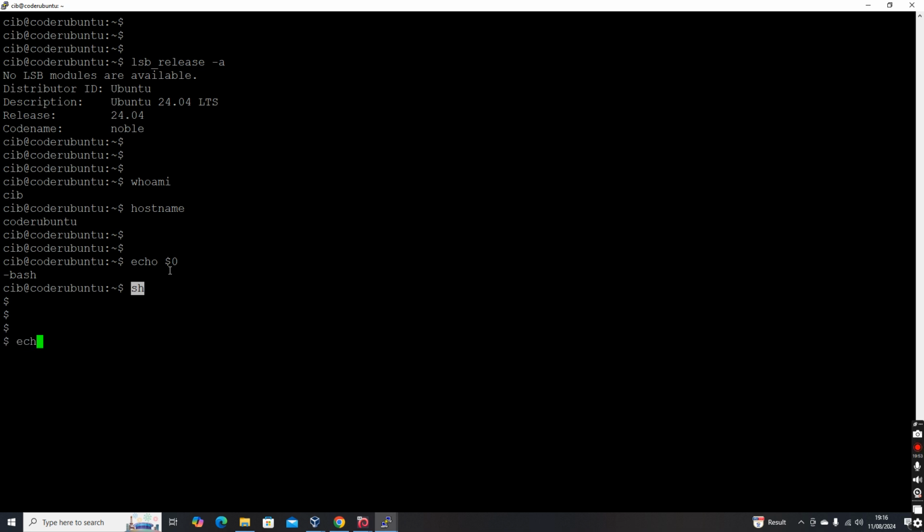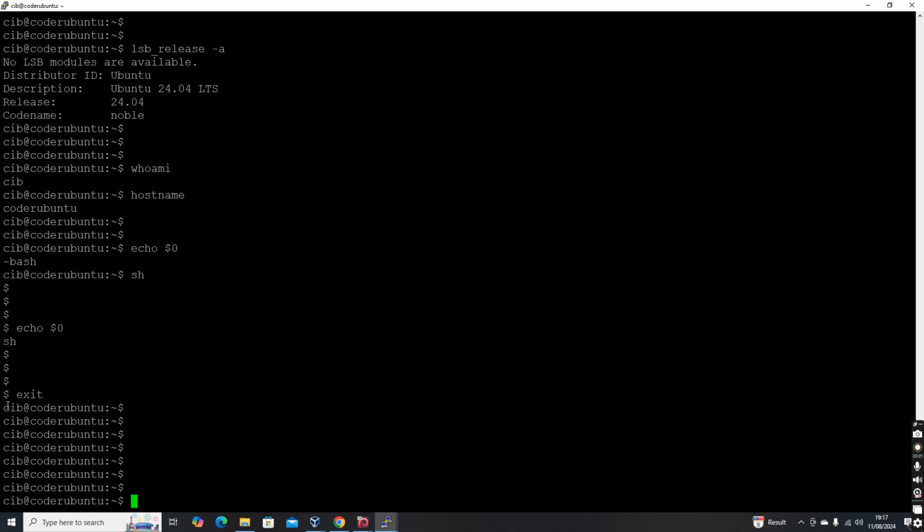Now you see, sh, echo $0, it's showing the type of shell as sh. So this is Bourne shell, and as you can see, in case of bash, it was giving username at the rate hostname. But in case of this shell, it is not giving that. So that means in this case, we are just directly on the shell, right? Exit will take you directly out from the second shell.